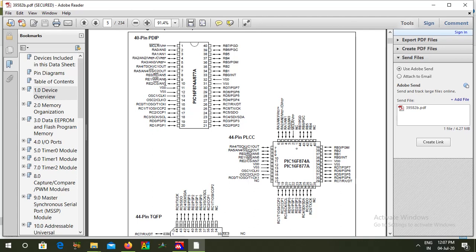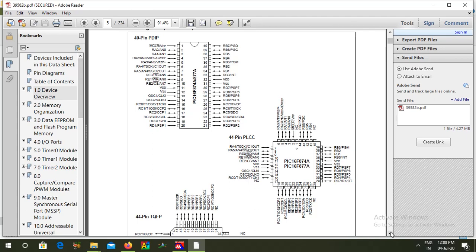Now we know the input pins and the capacity of the controller. Now we have to operate it. To operate the ADC module, we should know the special registers used to control the analog to digital conversion operations.